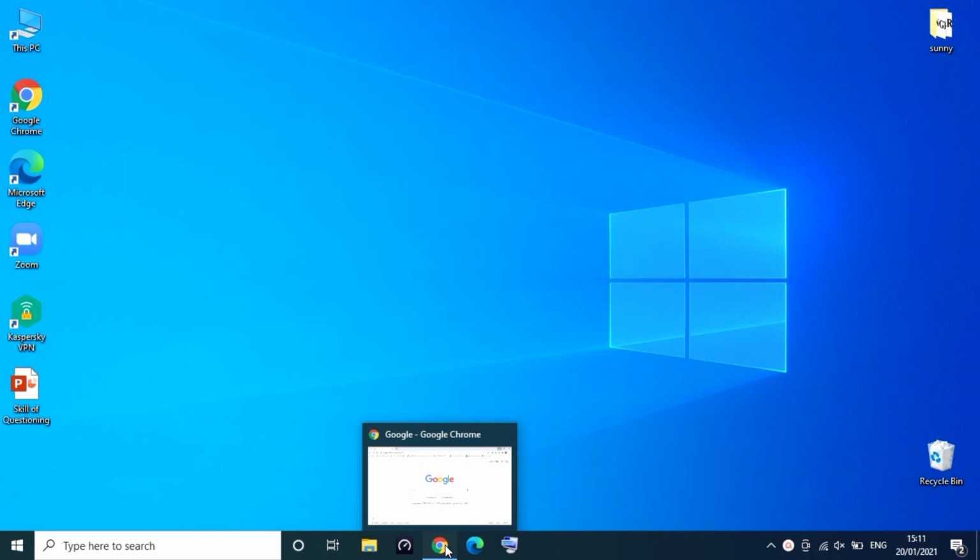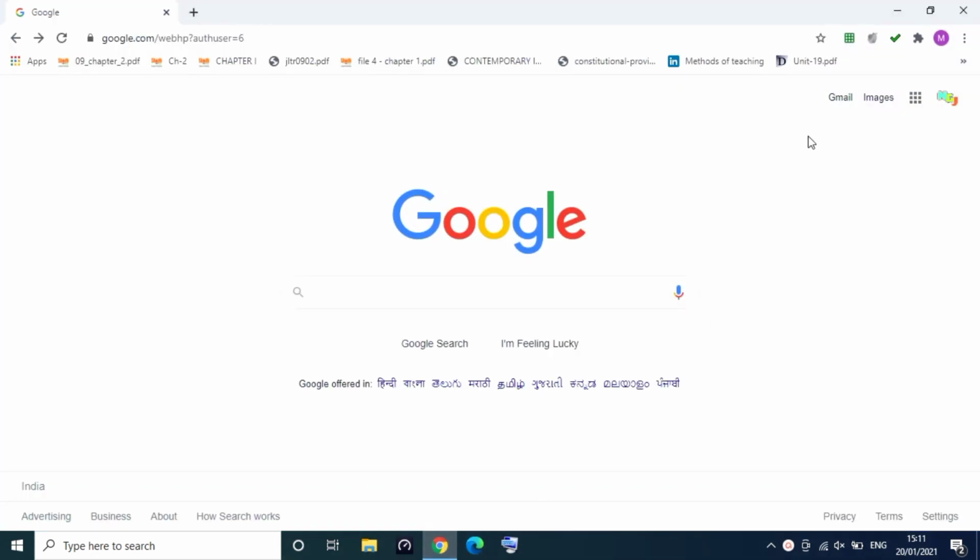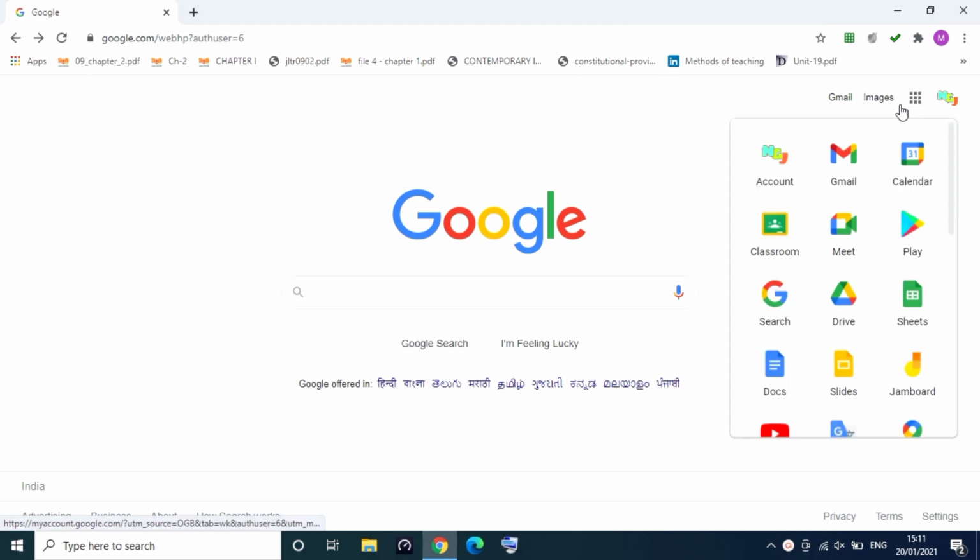Open your Chrome browser, and once you open it, you can see these 9 dots, wherein you can see the Google applications. Click on these 9 dots and then you can see the Classroom application inside these 9 dots. You can click this Classroom